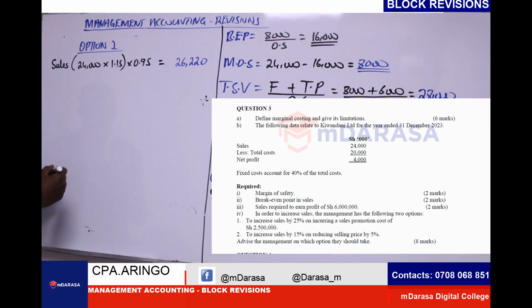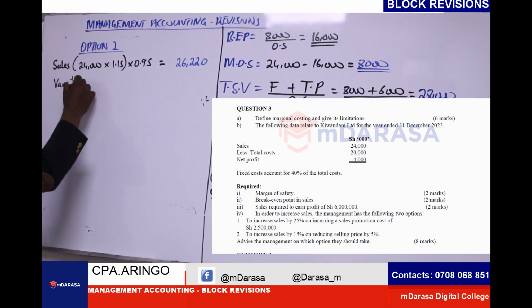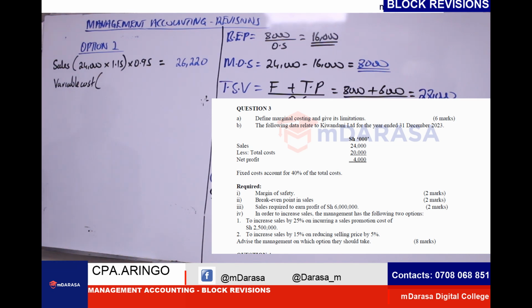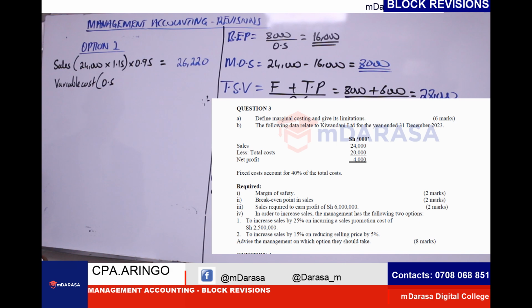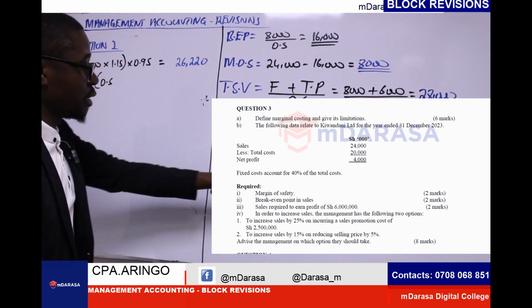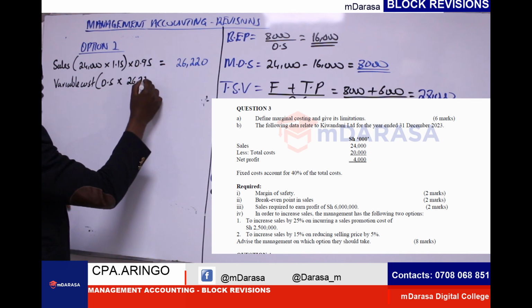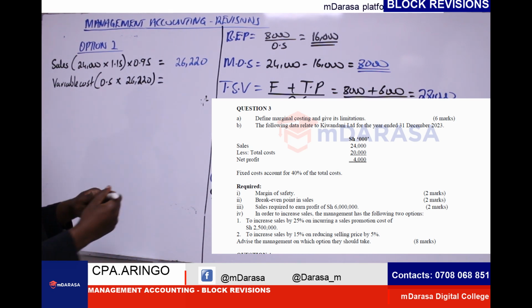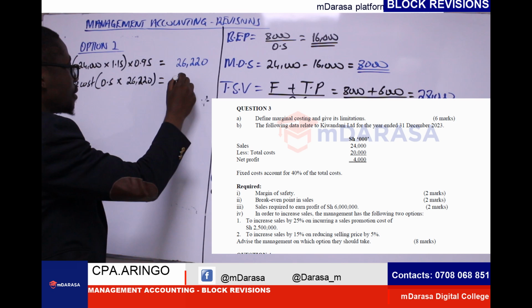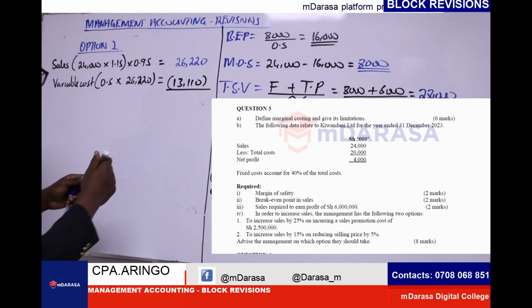So at that point, what about our variable cost? Our variable cost in this case, I'll be having it as our VCR, which was variable cost ratio, which we are determining to be 0.5, of course, times 26,220. Which in this case, I'll be having what? Times 0.5 to give us what? 13,110. So therefore, we can all agree that our profit,